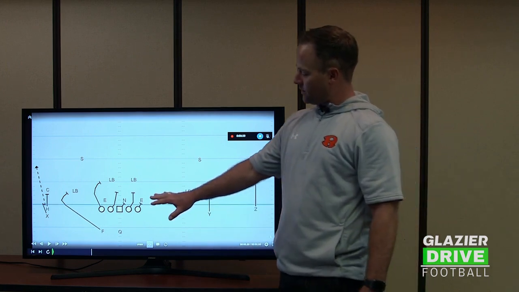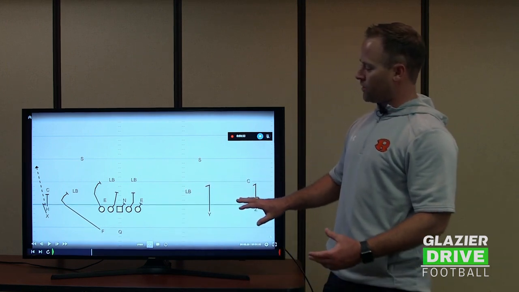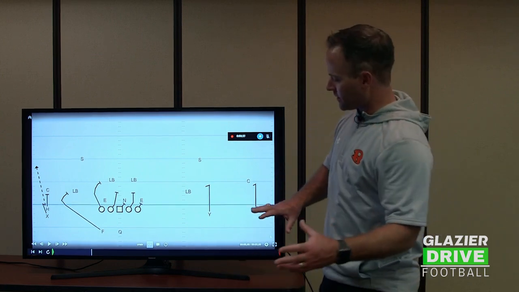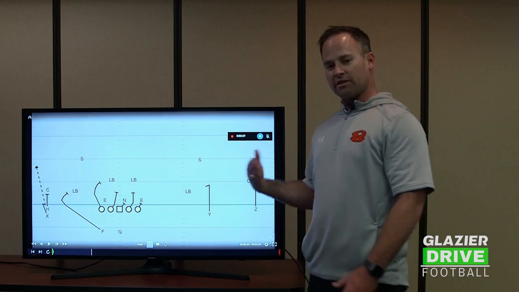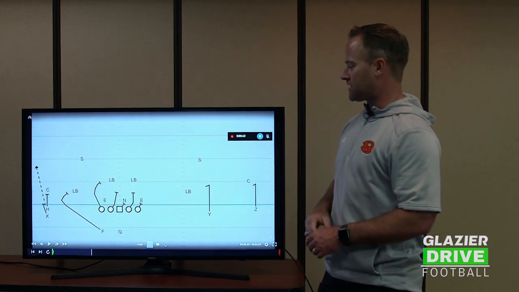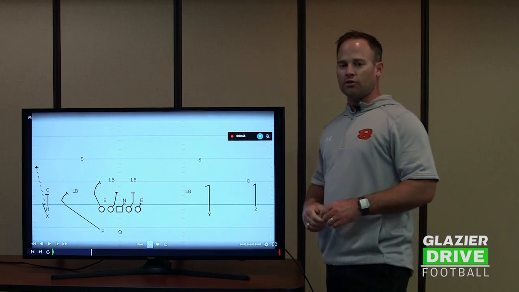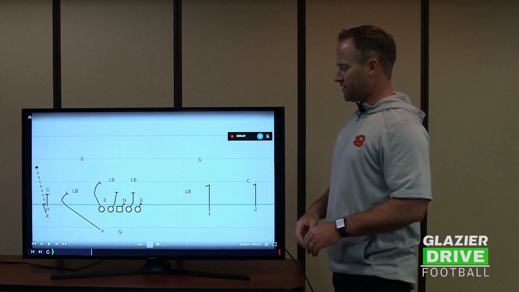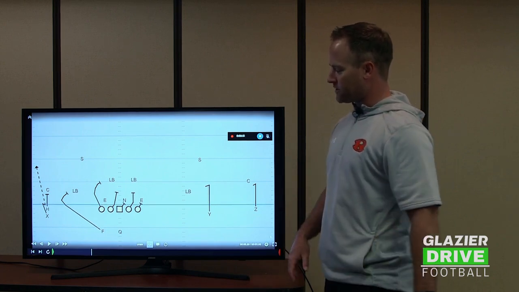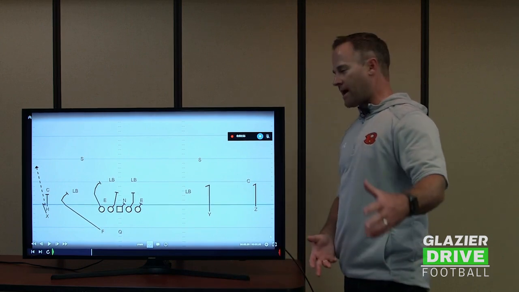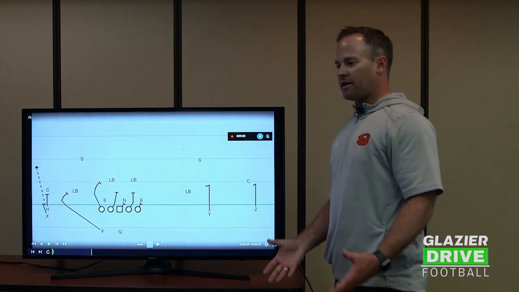Okay, up front, we are blocking zone away from where we were throwing it. All right, so we're throwing our fast screen to the left, so we're going to block zone to the right, with the exception of our tackle on the side that we're throwing the screen to. So that tackle, we're going to actually use him in the blocking scheme. So we're going to release him. We're going to have him take easiest release. And here he's got an inside shade, so he's going to take an outside release, and he is looking to